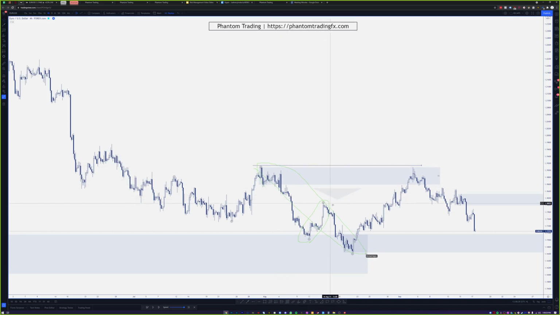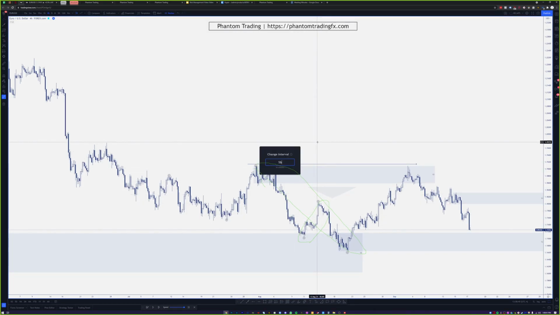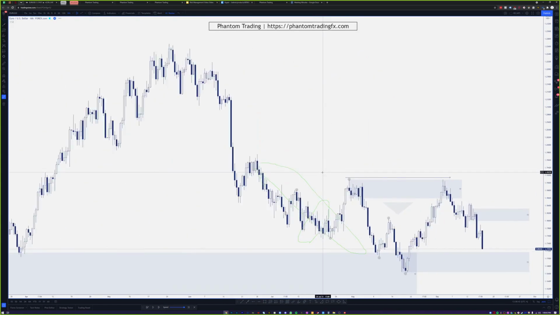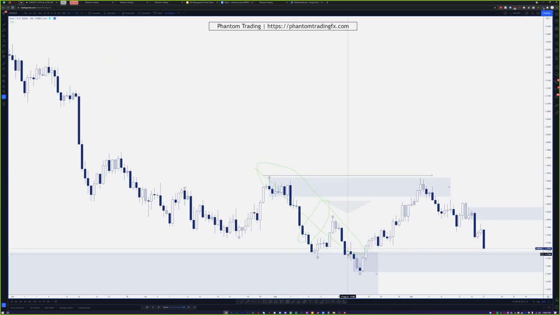No, I wouldn't consider that the whole leg, not in this case anyways, because you have enough that it's kind of like pulling back. I don't know how to really explain it, but let me go to the 16 hour for a second so I can show you why I would consolidate that all as one leg. If we use this trick of going to the 16 hour, 8 hour, whatever, usually what I tell